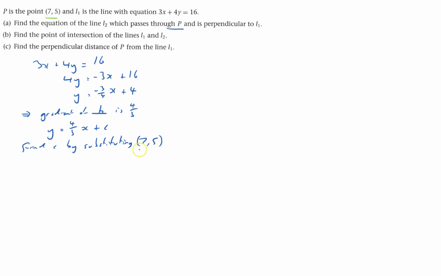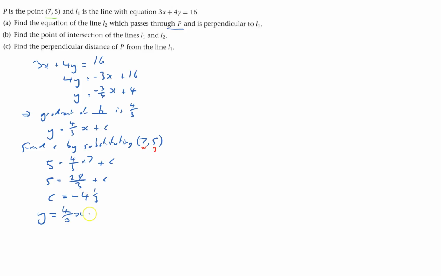Make sure I don't make a mistake of substituting the wrong one into the wrong one, because y equals, oh, it's not the first line, y is the 5, so 5 equals 4/3 times 7 plus c, so 5 equals 28 over 3 plus c, and c will be, take away that, that's 9 1/3, that'll be minus 4 1/3, so that gives me y equals 4/3 x